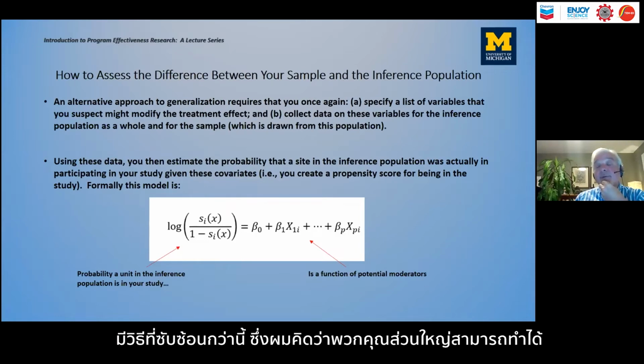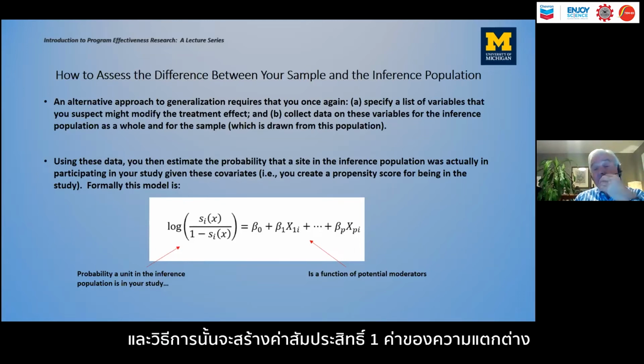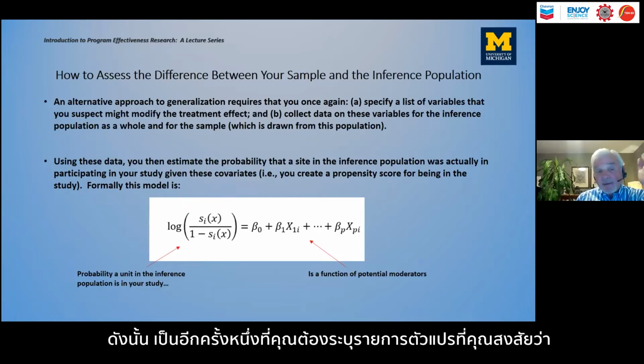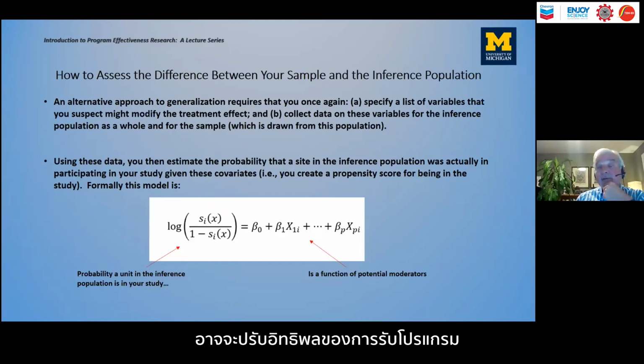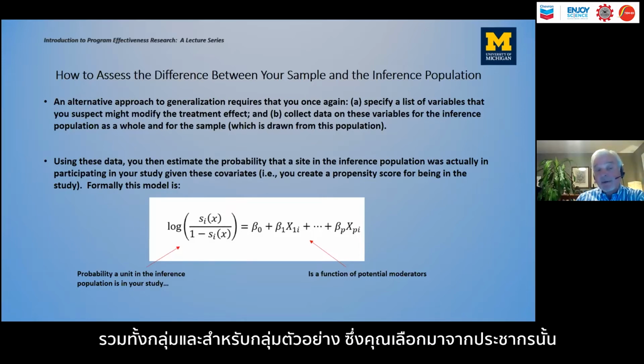There is a more sophisticated way. I think most of you can do this because software exists to do this. And that approach is going to generate a single coefficient of how different your sample is from the inference population. So once again, you specify a list of variables that you suspect might modify the treatment effect. Then you collect data on those variables for your inference population as a whole and for the sample which you